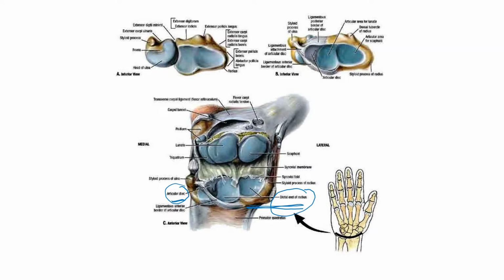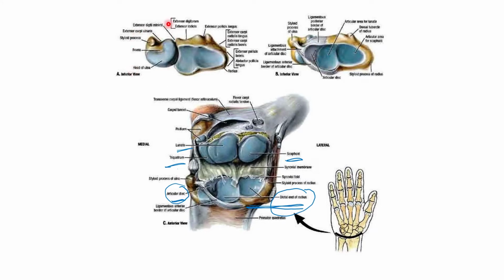In the distal portion we can make out the scaphoid, the triquetrum, and the lunate. The scaphoid, lunate, and triquetrum, these are the three bones which take part in the formation of the joint. So this is the proximal articular surface of the joint here. The styloid process of the radius is seen over here, the articular surface meant for the scaphoid, the articular surface which is meant for the lunate, and a small portion which represents the articular disc. So this is the inferior surface of the radius.